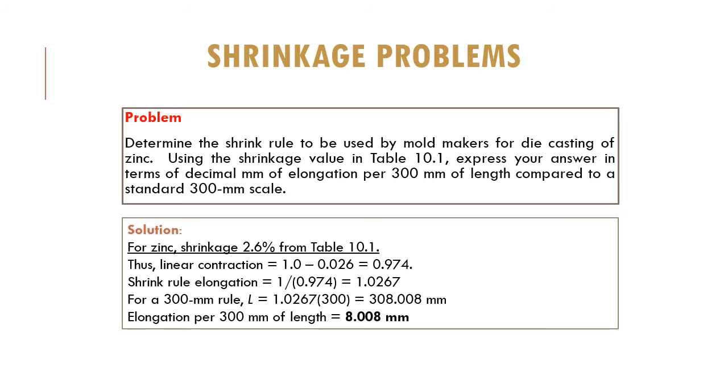Now, let us see the shrinkage problem. Determine the shrink rule to be used by the mold maker for die casting of zinc. Using the shrinkage value in table 10.1, express your answer in terms of decimal mm of elongation per 300 mm of length compared to a standard 300 mm scale. Meaning how much you want to elongate the